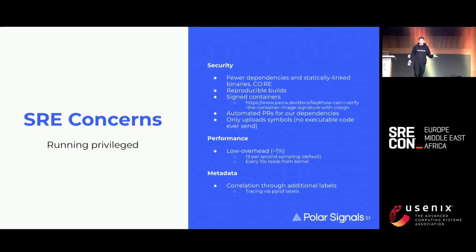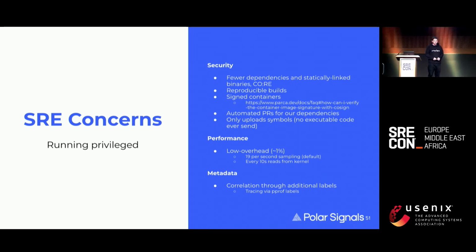Given we are at SREcon, we need privileges to run eBPF, but we are very aware of it. So we try to have as few dependencies as possible. We use statically linked compiled binaries. We use CO-RE, compile once, run everywhere, which is kind of a nice new thing in eBPF as well. We have reproducible binaries, so you can build them on your machine, and you will get the same byte